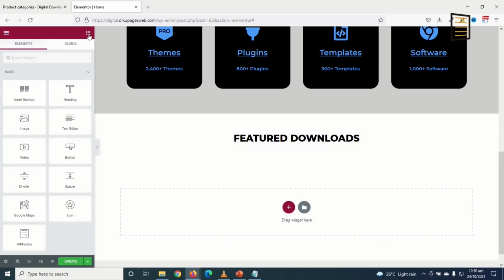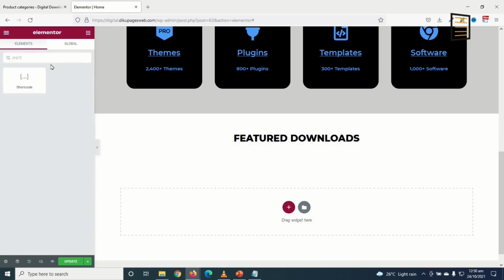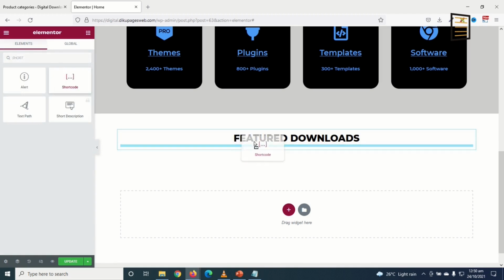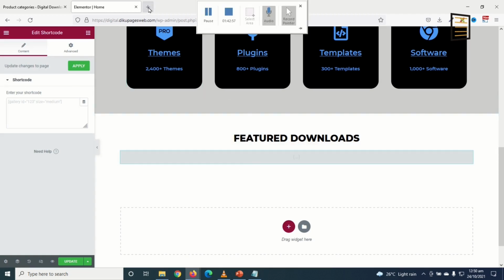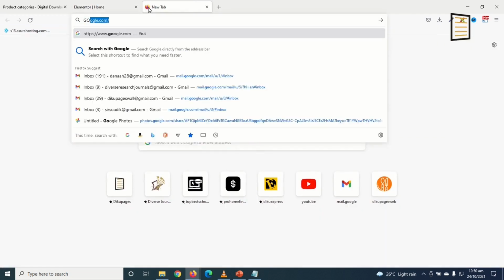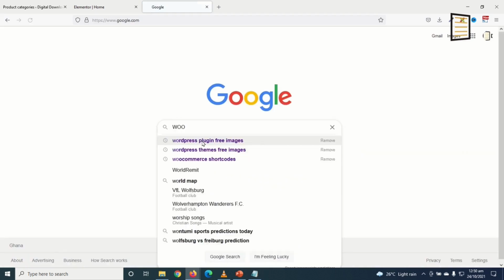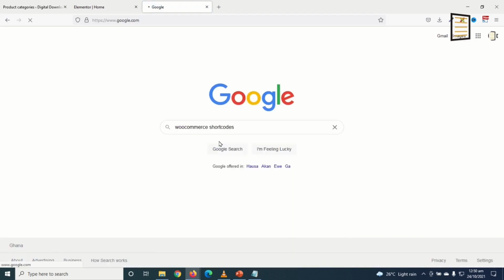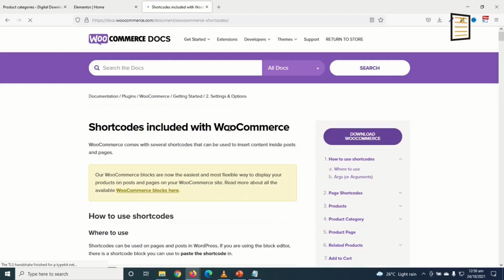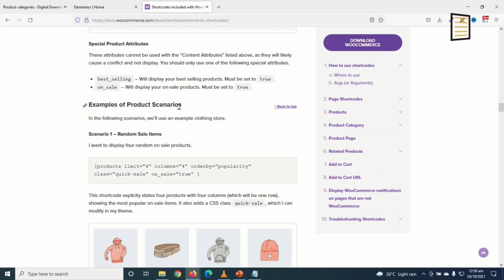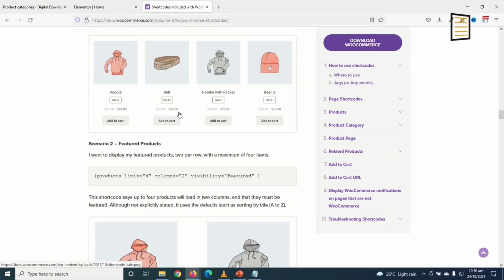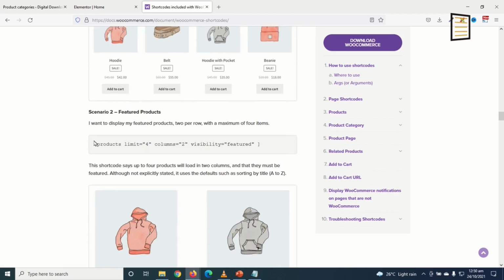Then I go over to elements and I search for short code. I have short code in here. I drag it and drop it down there. And what I'm going to do is I go over to Google, then I search for WooCommerce shortcode right here. I click on the first one, and on this page I scroll down, example of product scenarios, and I'm looking for featured products. I'll just go ahead and copy this,